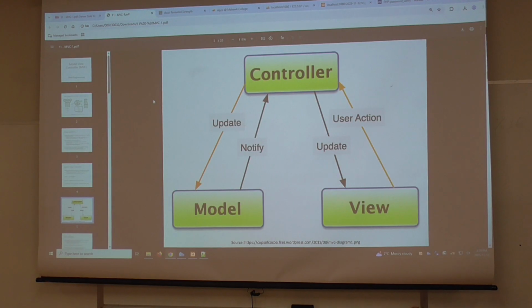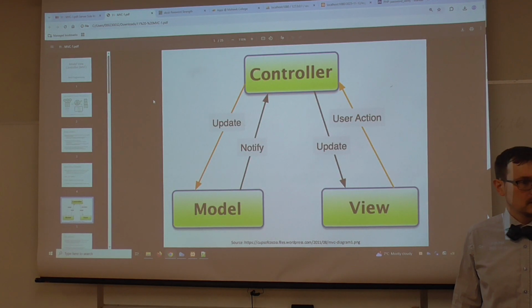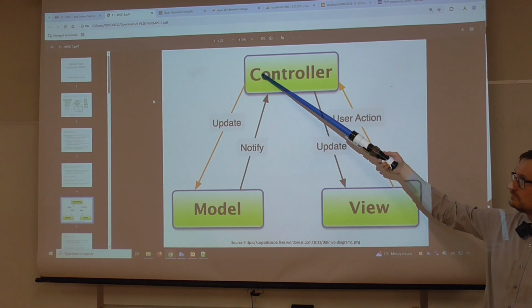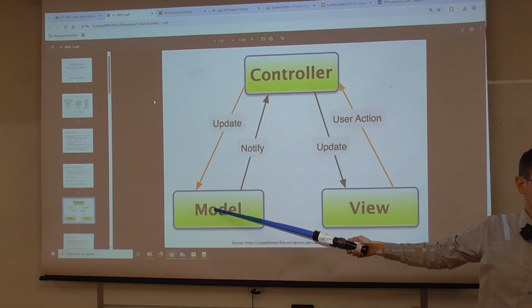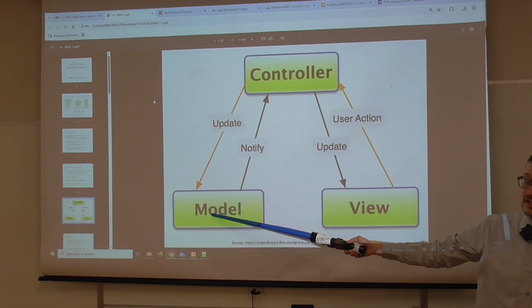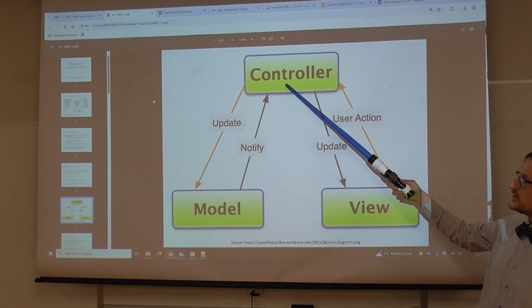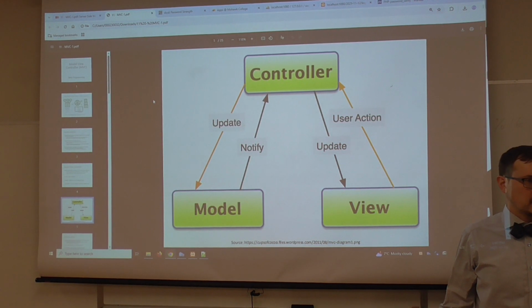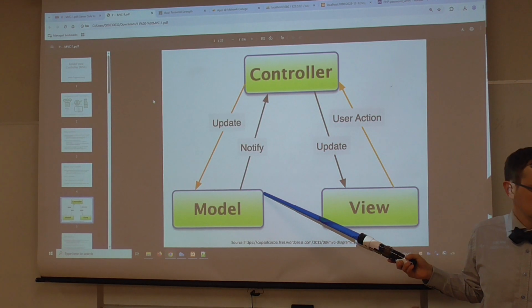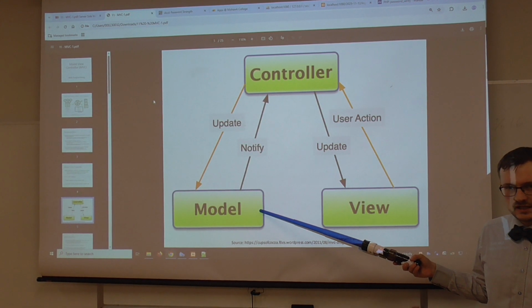So, in general, packets arrive at the controller requesting an update or requesting some model functions to be executed. The model notifies the controller of the output of those model functions, right? Boolean checks.